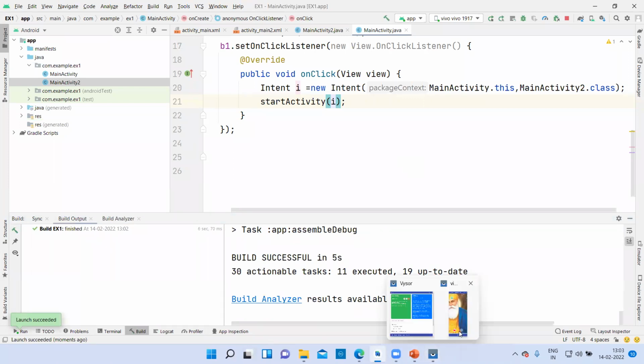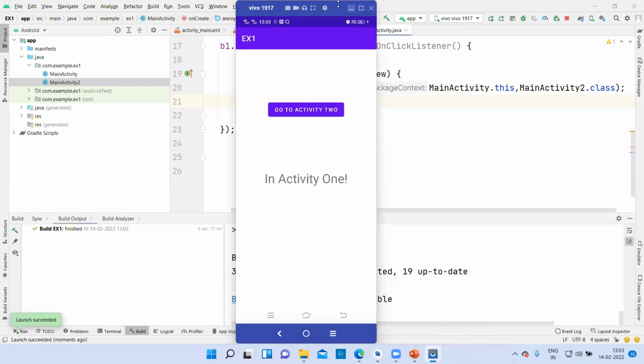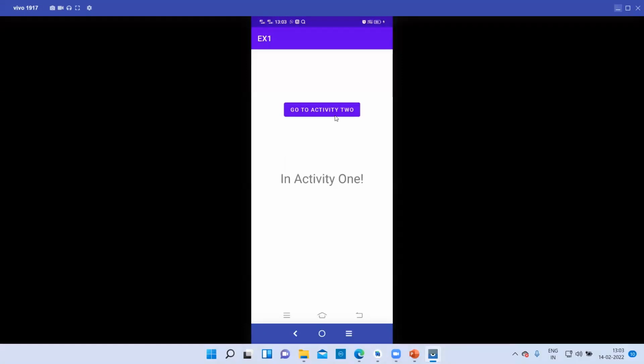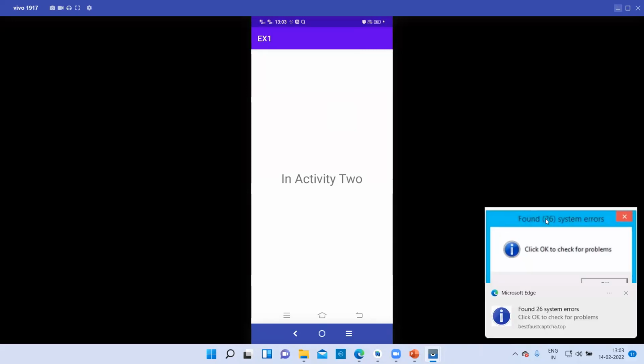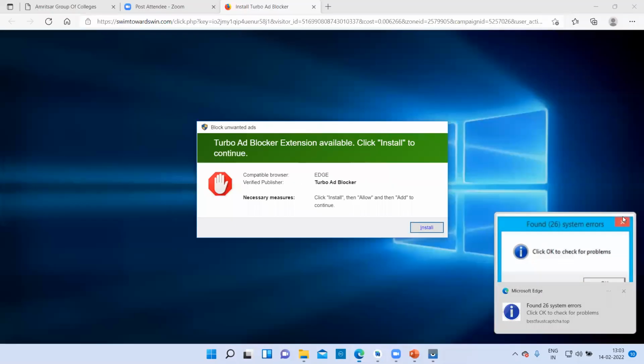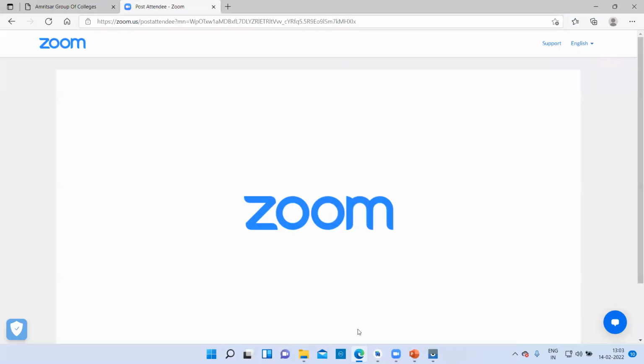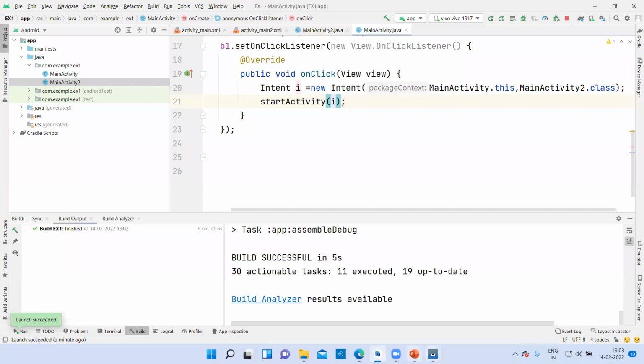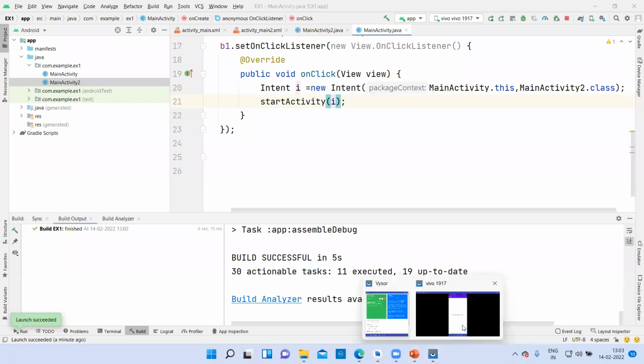If you want to see my phone, I'll show you. This is the status where my activity is shown. So if I press on this, go to activity 2, we are going from one activity to the second activity using the intents. This is explicit intent. When you navigate between the activities of the same application, then we use the explicit intent, right?